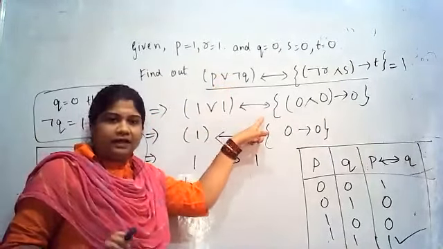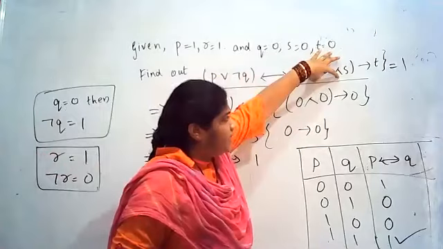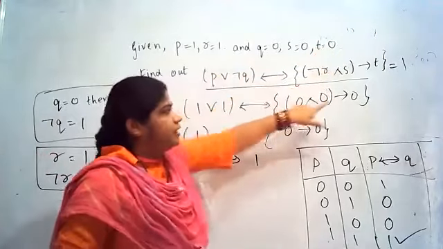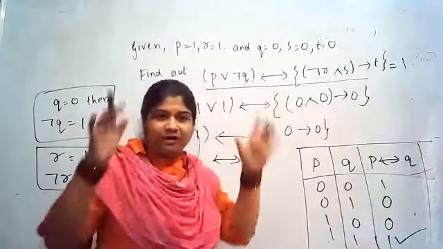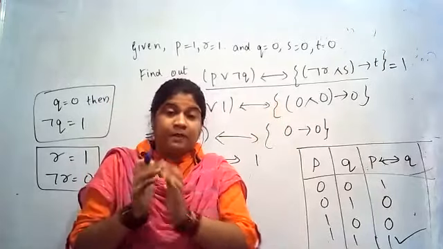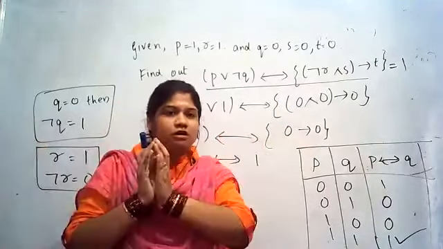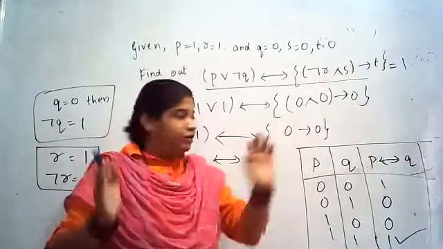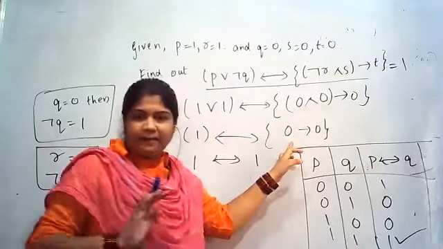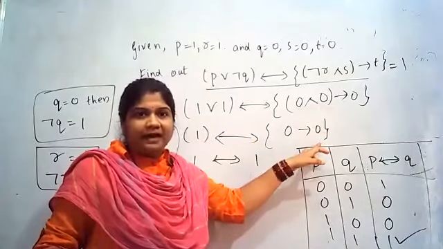Then keep this as it is. First solve the small bracket. First I solve the small bracket, then come to the big bracket. The flower bracket comes next according to precedence, then the big bracket. So first solve the small bracket, then come to the flower bracket. First the flower bracket; there is no big bracket here. So after the flower bracket, what happens?